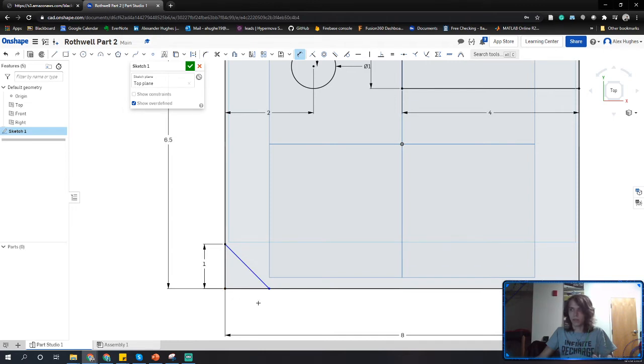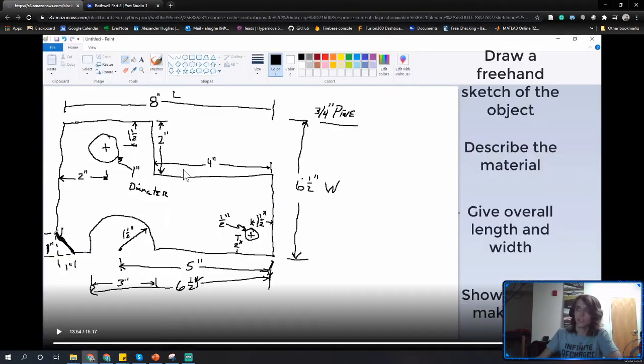That didn't work for some reason. An entity cannot be dimensioned to itself. Sometimes OnShape glitches out. If it says this to you, just hit escape on your keyboard, exit out of that, and then try dimension again. So I'm going to hit the dimension tool. Okay, click on this point down here, click on this point over here, and there it goes. Now I'm going to type in 1. Alright, so now we have this